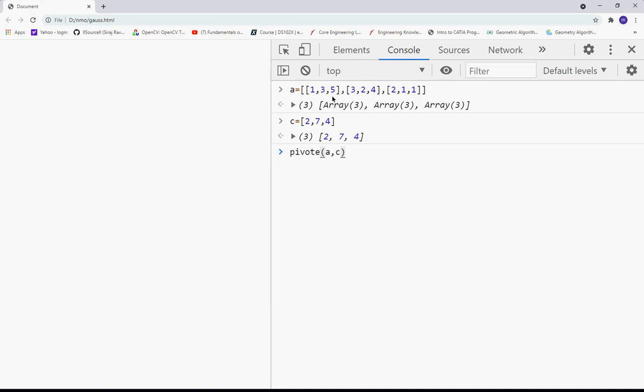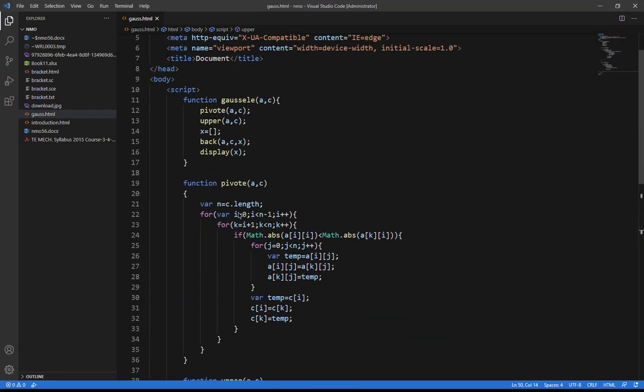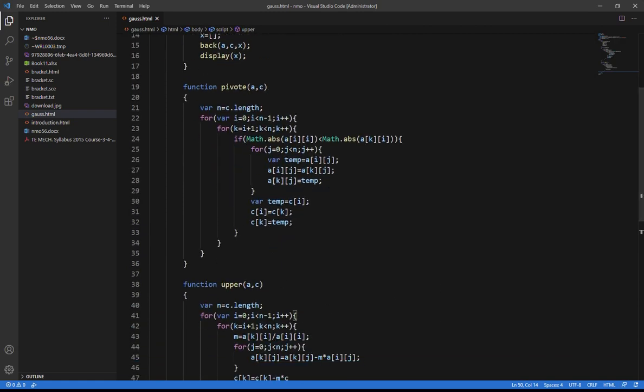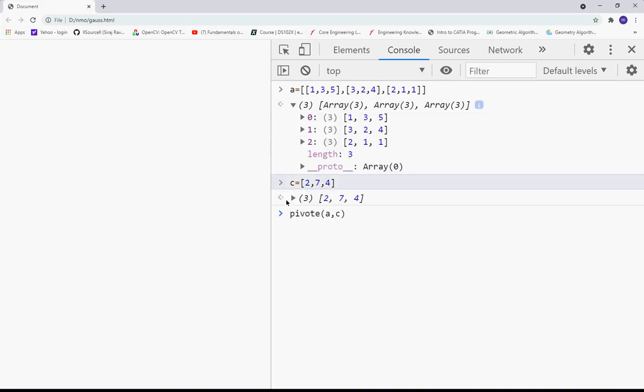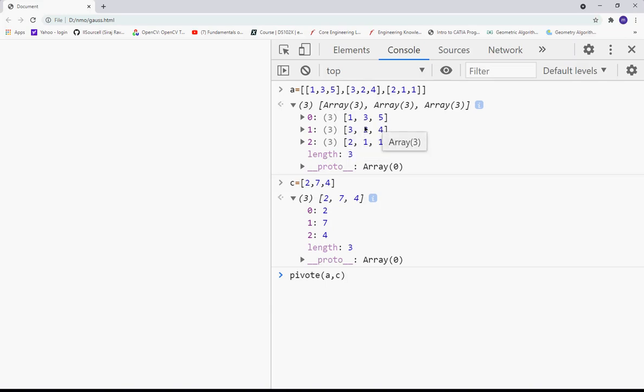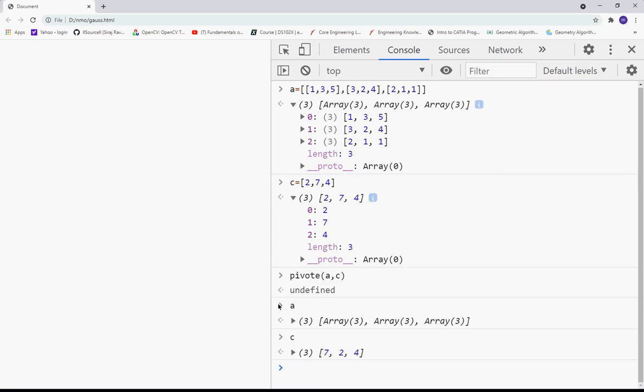Now let's do the first pivoting operation. I can directly call pivot because I have created that functionality. Since I can call this Gauss LE, I can also call the pivot function directly. So this was the array. Everybody can see this is 135, 324, 211, 274. So I do pivoting. Once I do the pivoting, I can have A one more time and C one more time, and then I can check it.